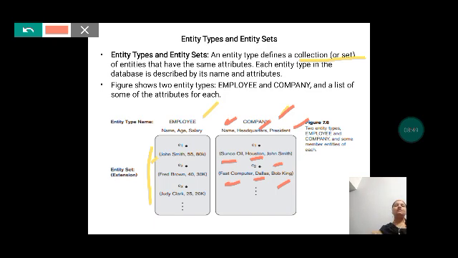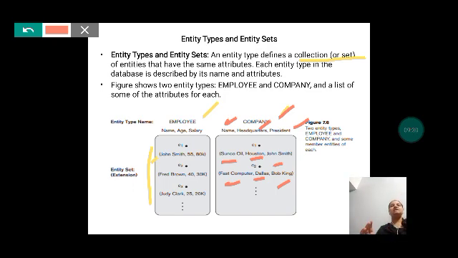So like this, for each and every entry that I do in that department table, I will have entries for the department number as well as entries for the department names. So for such a collection or set of entries for the same attributes, we give a name, that is nothing but the entity type, using which all those entries can be identified.